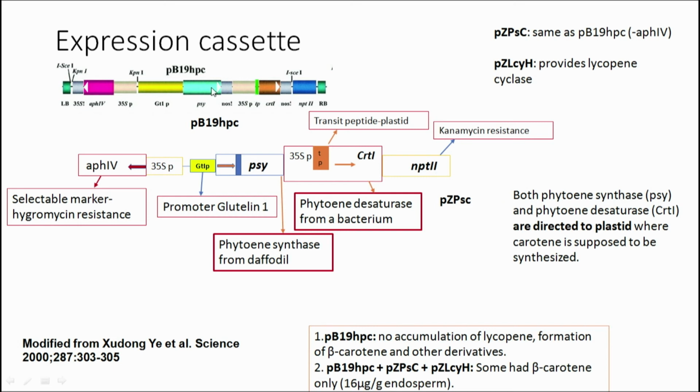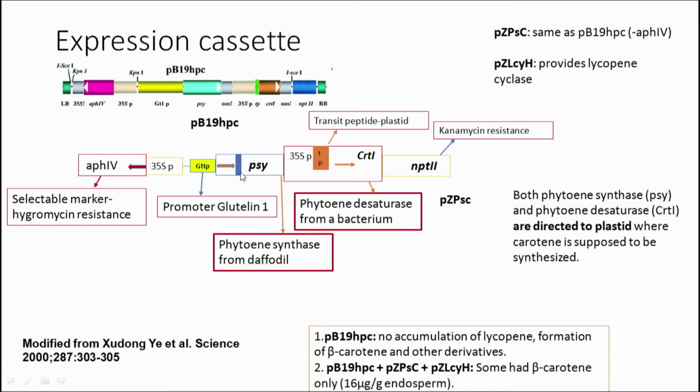So, that is the reason why we use the term expression cassette, because not only does it have the gene, but it also has the required promoters and it has a selection marker, etc. So, this entire thing will be called an expression cassette now. In addition to that, what is important here is that just in front of the PSY gene, you also see here, for example, there is a leader peptide here.